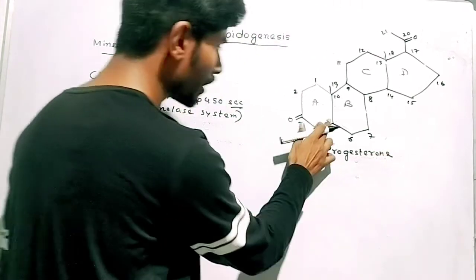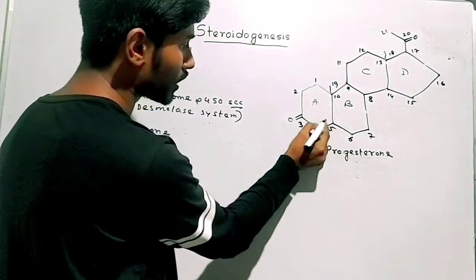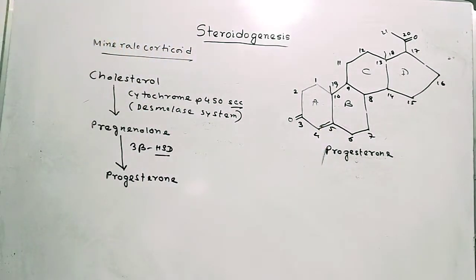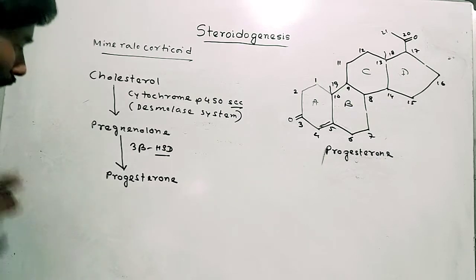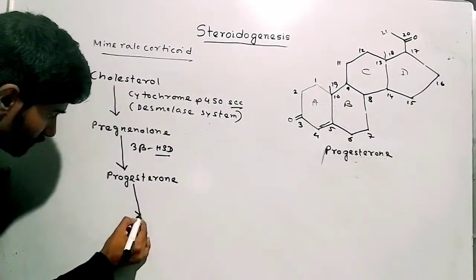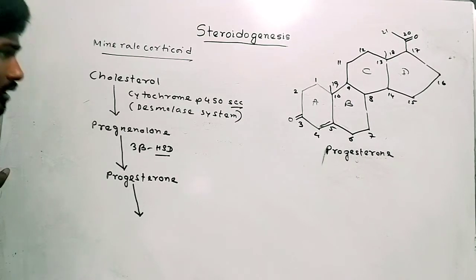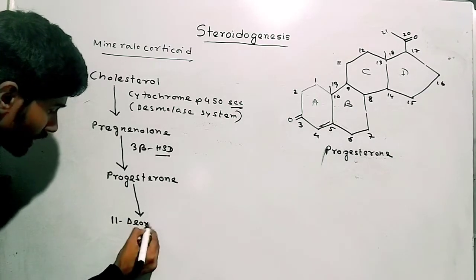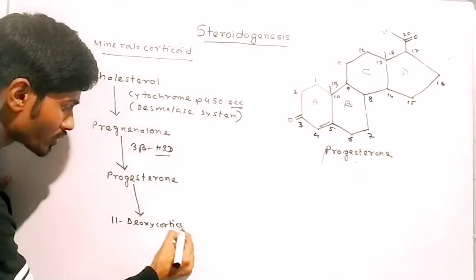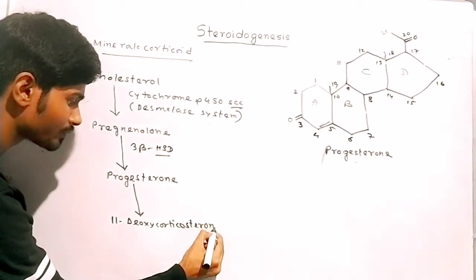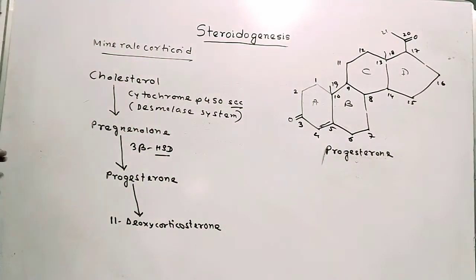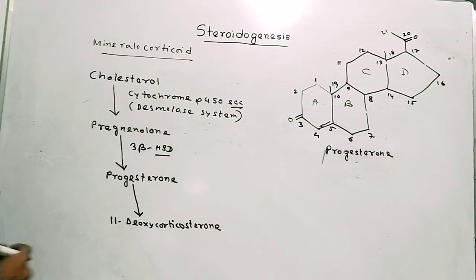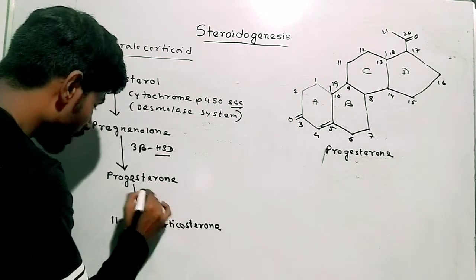And you can see that the pi bond has been shifted from the B ring to the A ring in between 4 and 5. Okay, and now that is the structure of progesterone. From progesterone, a compound is produced which is called 11-deoxycorticosterone. Okay, now the 11-deoxycorticosterone is a 21-carbon compound, and this reaction is actually catalyzed by an enzyme which is called